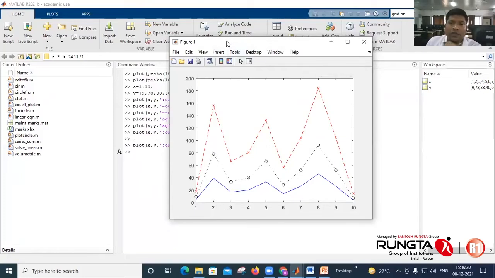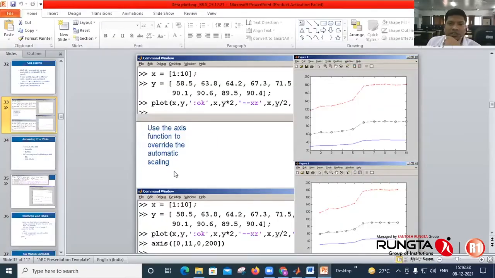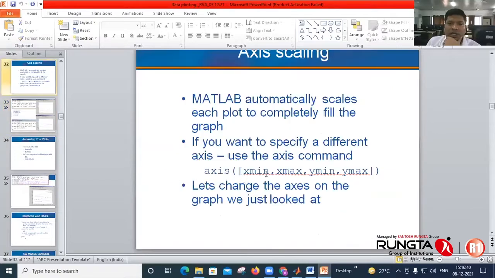Okay. If user wants to specify or change the axis, then he has to type axis X min, X max, Y minimum, Y max. Okay. So this is how one can change the limits of axis.